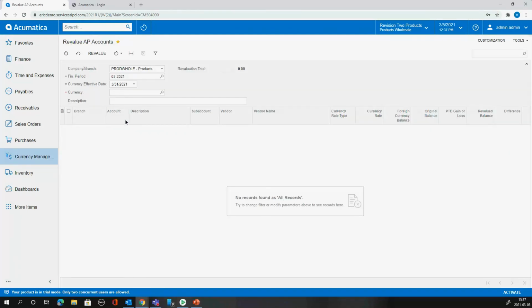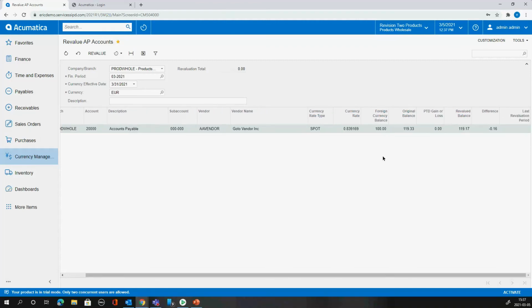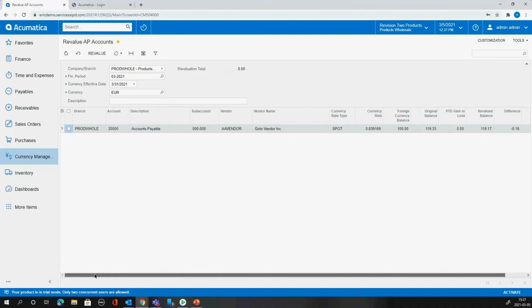So if I click on that, select my euro, now I've got some balances. So I would have my balances for each of my vendors, as an example. And I've got all the numbers here to help me out. So in foreign currency in euro, I've got 100 euro. This is what has been booked into my accounting. This has been reevaluated as of the 31st of March, and so there is a difference of 16 cents. So when I do that,